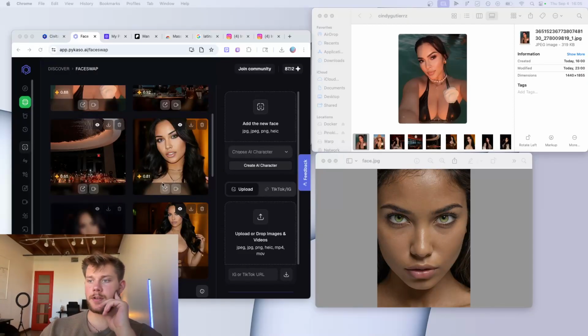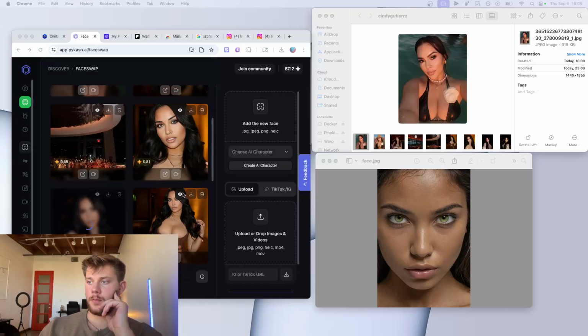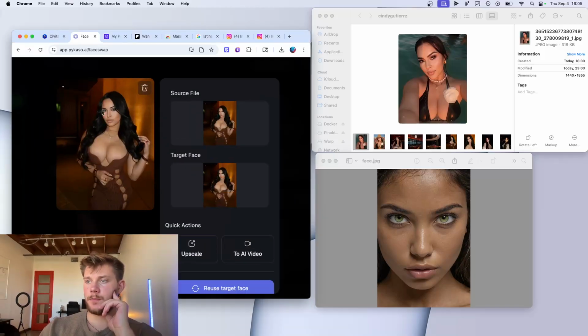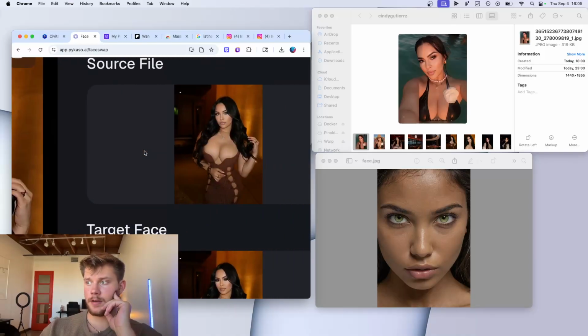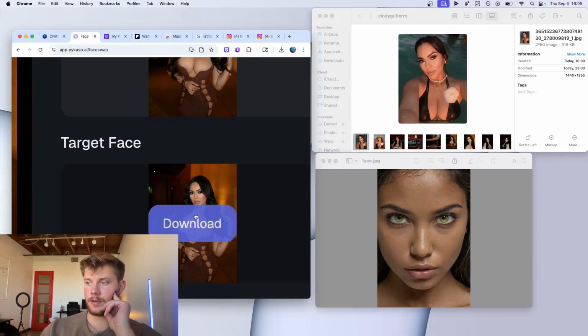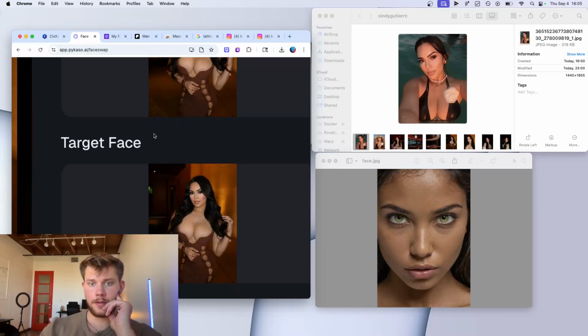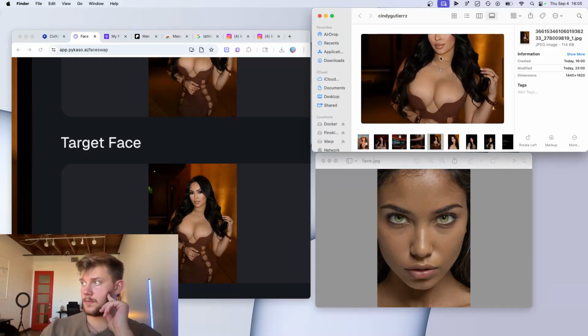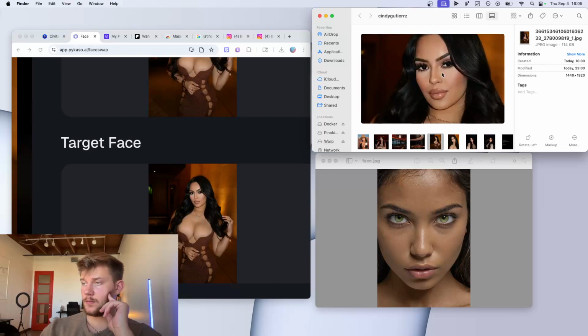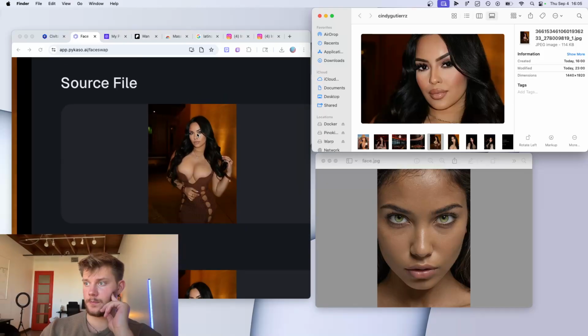Okay, so now we started getting some images back here, and this is what it put out. And then on the side here, you can see that's the original face. This is the original. Let me find the original one. Okay, so that's the original face with this face. This is the original photo, and then this is what it outputted. So as you could see,